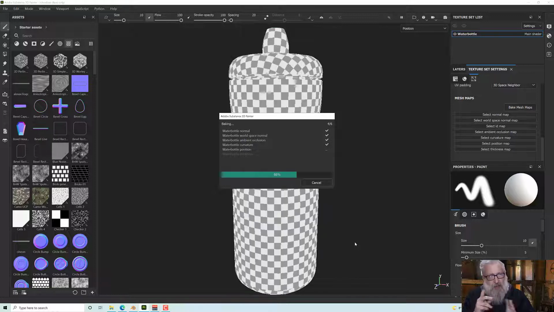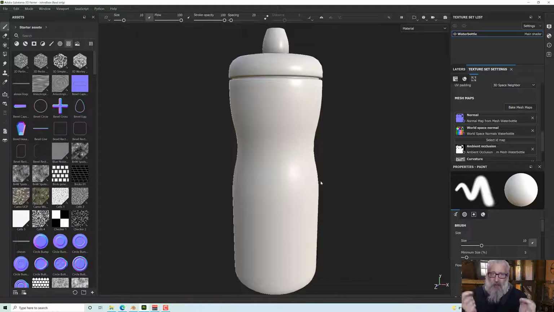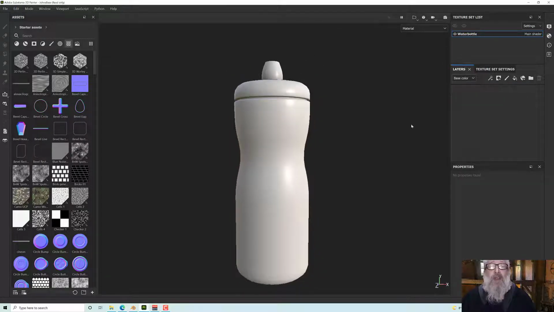One of the things that puzzled me a little bit when I started was trying to figure out how to put like a ring around something, just a perfect ring. So to do that, we use cylindrical mapping. So when we're starting out with this, we're going to just build some shapes into our model. So let me delete this layer, and we're going to create a new fill layer